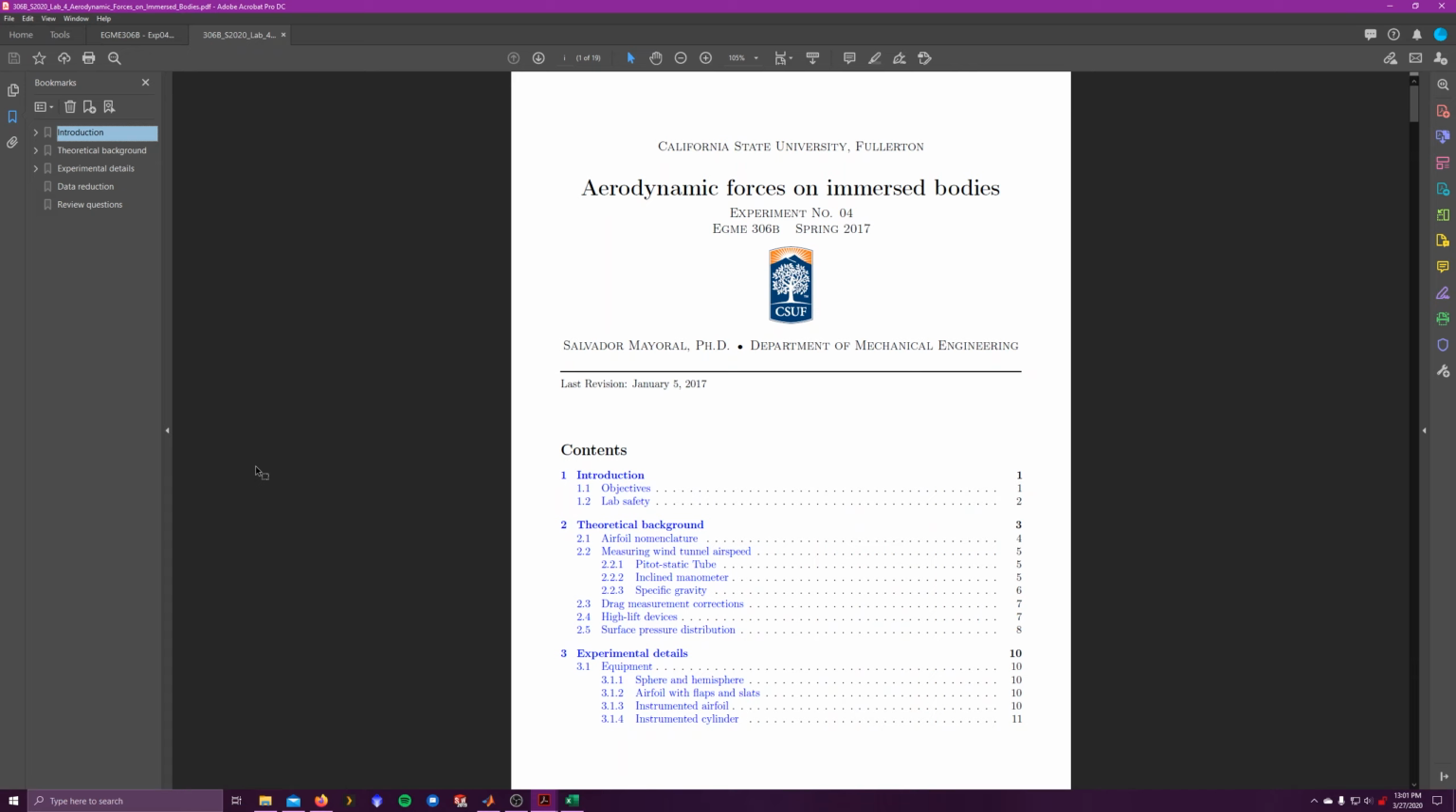Alright, so welcome to the fourth data reduction for the semester. For this one, it's going to be aerodynamic forces on immersed bodies. Unfortunately, all of you couldn't do this lab at school, which kind of sucks, because I think this is the best experiment for this lab. I think it's pretty interesting to actually measure the drag and the lift on some of these objects,